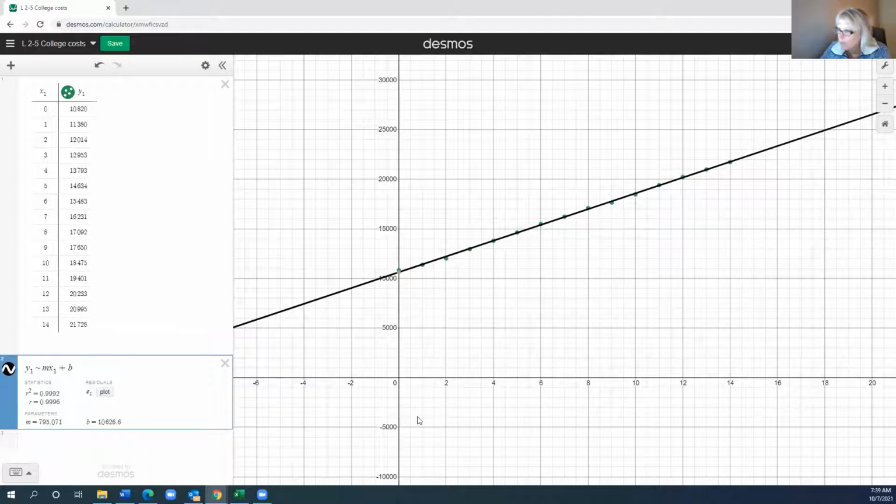And again, I'm going to write down my M and my B off to the side before I write it in the equation. And I'm going to use 1 decimal place, so 795.1. And my B is 10,626.6. Okay, and